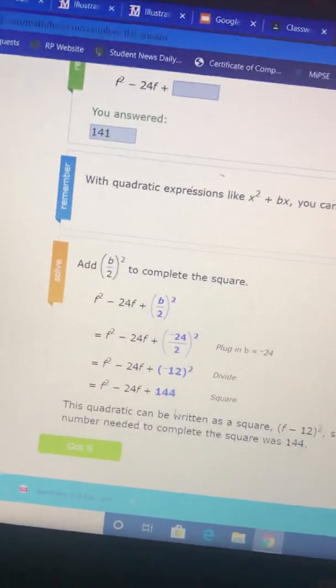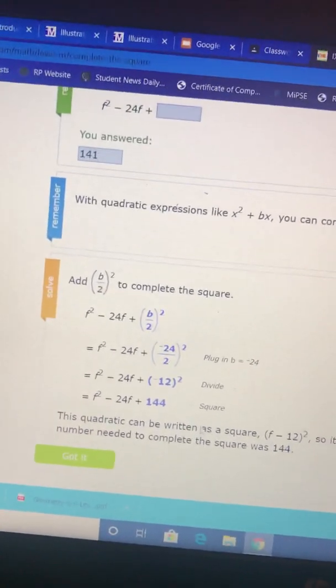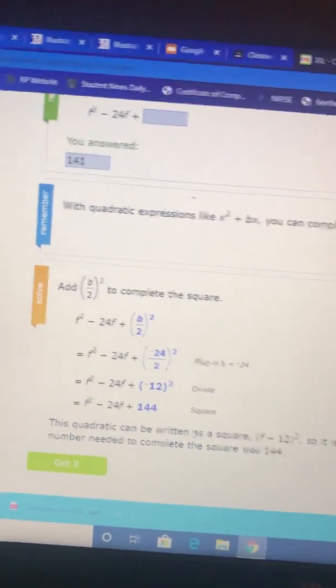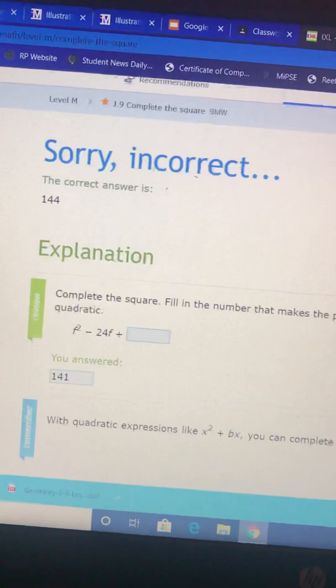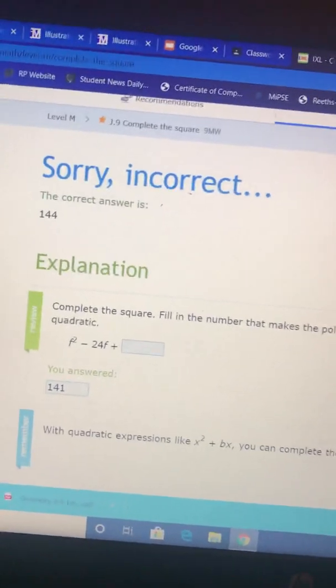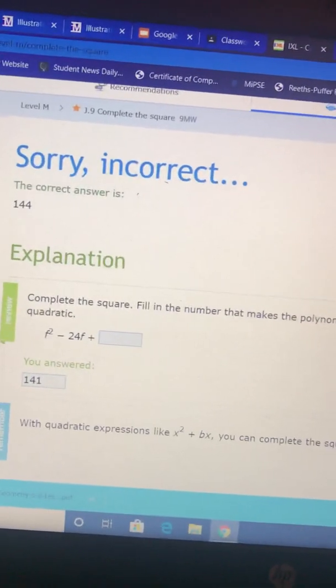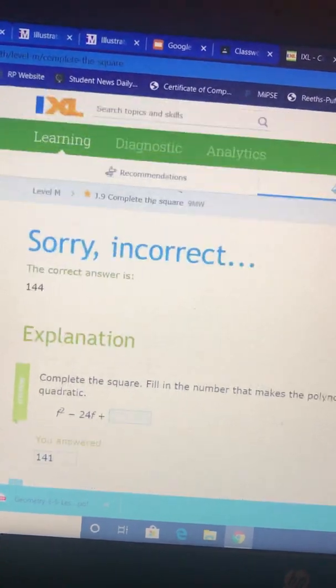So here's more notes based on what I already showed you in the video. So if you do 5 of those problems and you get them right, awesome. If you do 5 of those problems and you get them all wrong, then I suggest you go back and rewatch the video